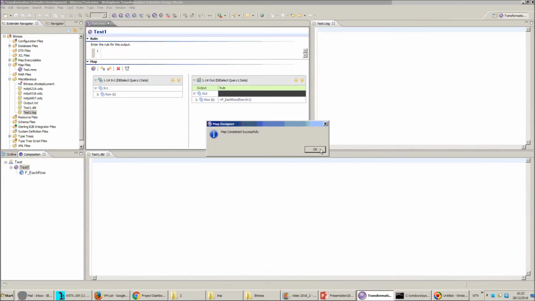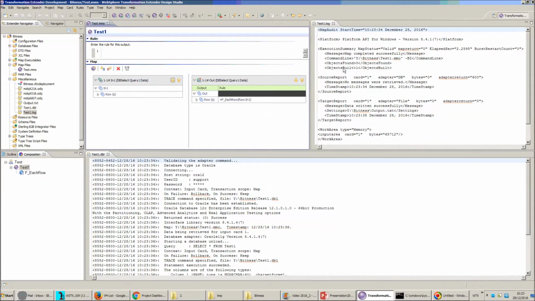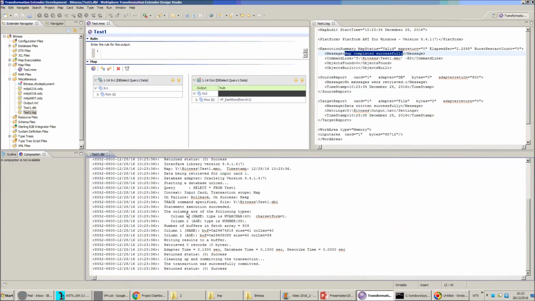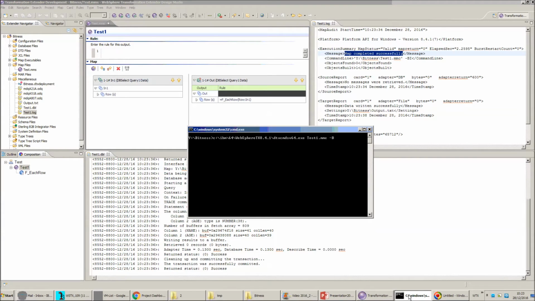Okay, the map completed successfully. Clear the OK button and you can see we have the audit log confirming that the map completed successfully and the adapter trace has been populated saying that the connection was successful. Okay, here I have a command prompt window where I've deliberately set the environment variables such that it cannot find the 64-bit client libraries. It will be able to find the 32-bit client libraries, but because I'm executing from a 64-bit command server here,